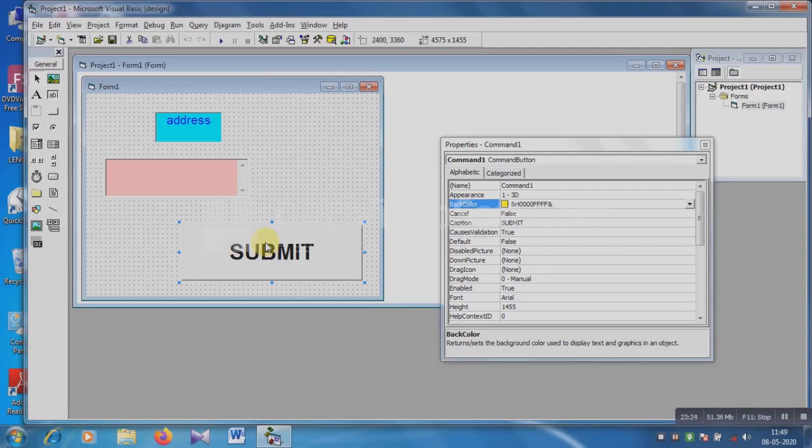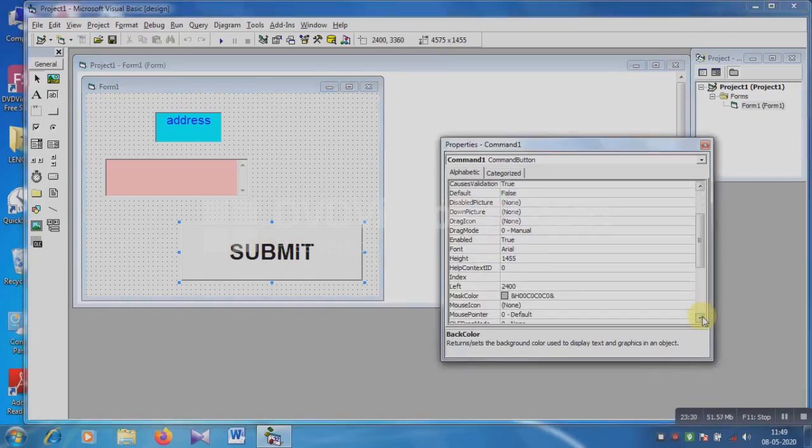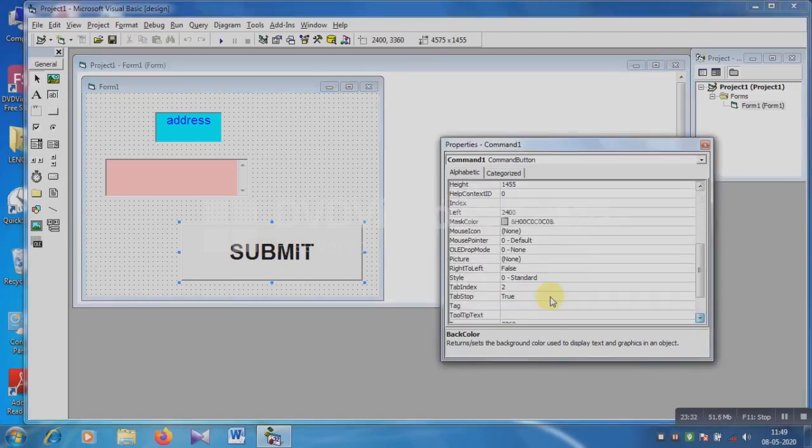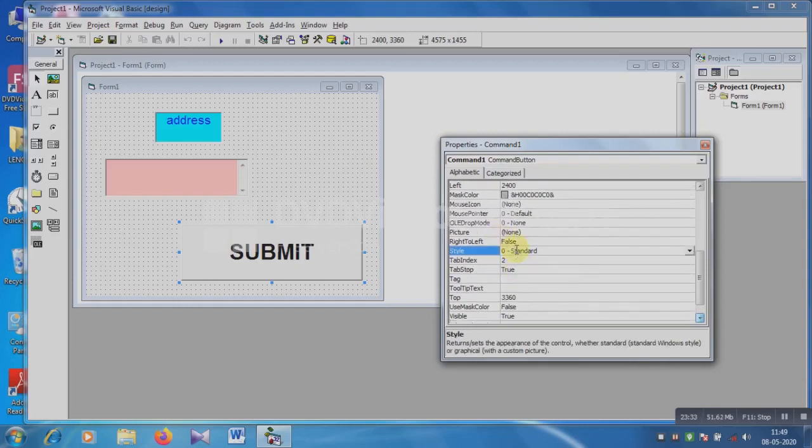Then style, it enables the display image when state changes. Suppose the style option, this is the style option, only standard is here and graphical is here, these two.